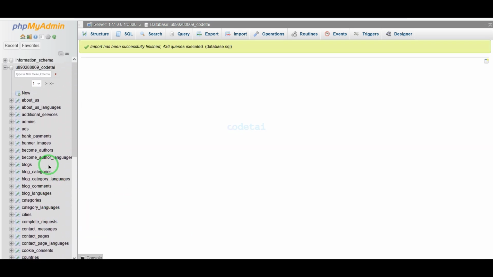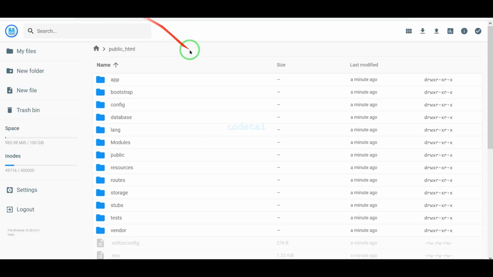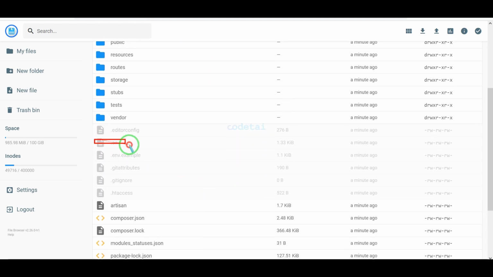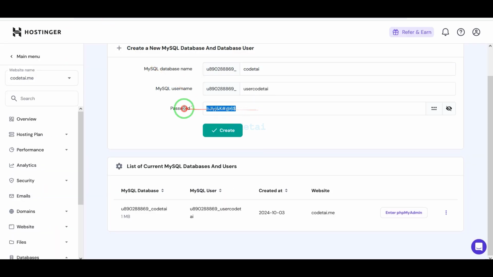We have successfully added the SQL file to the database. Now we need to connect this database information to the website. I will teach you step by step how to add database information to the website.